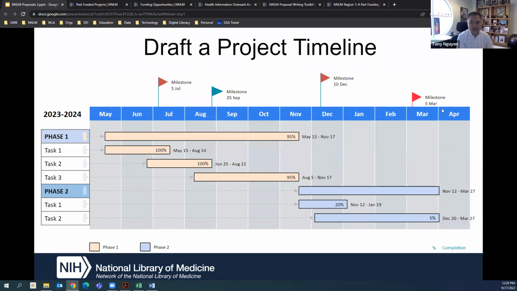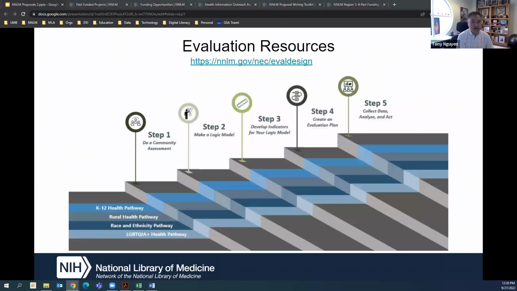So as you're thinking about the end of your milestone, you are thinking about the evaluation of your project. And we will go into a lot of detail next week, and that will also include creating your SMART goals and your logic models